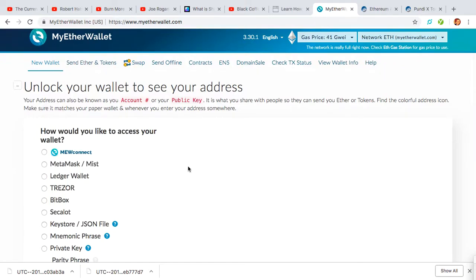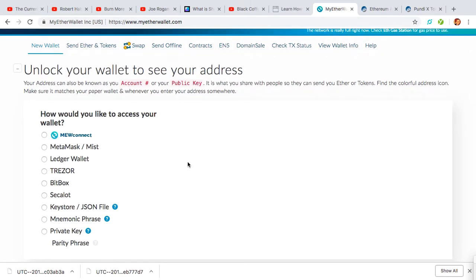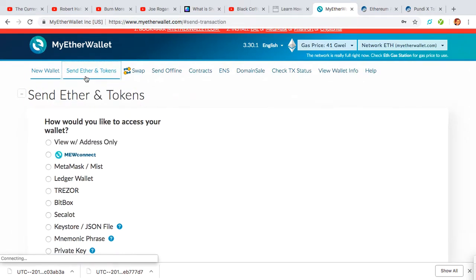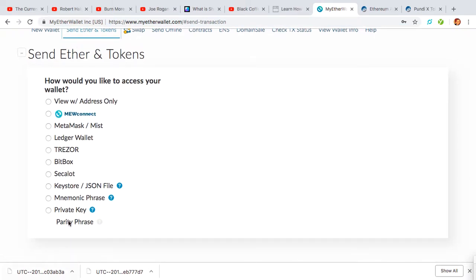All right, so I think I got that secured there. Now, if you want to unlock your wallet, it's giving me this option here, but you'll want to go to send ether and tokens. There are different ways to log in. You can use the passwords that you saved, or the private key down here, which is what we'll be using,